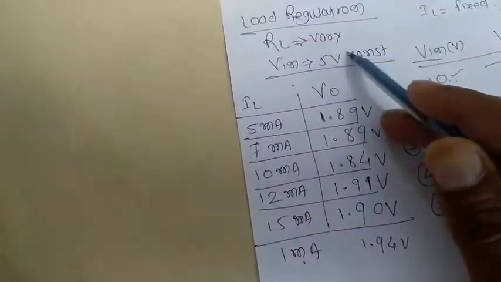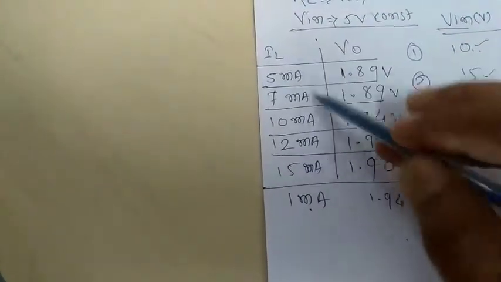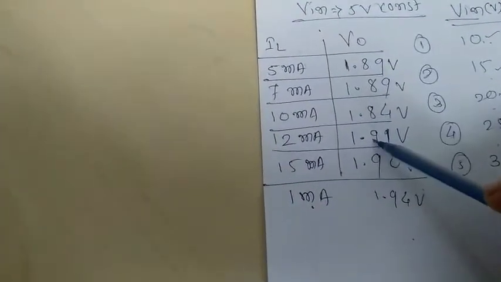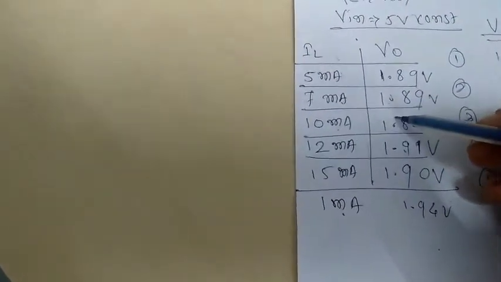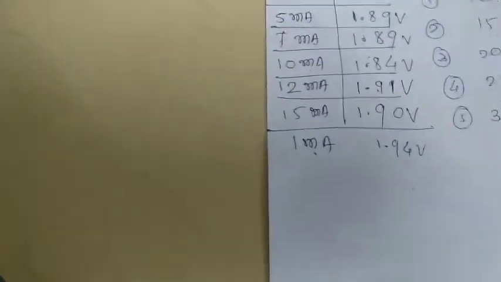So if you observe the observation table for load regulation, we are varying the load and keeping Vin constant at 5.1 or 5 volt, and we are taking these readings. Similarly here also we can find the load regulation. For load regulation we have to take any two points, that is 7 milliampere and 10 milliampere. We have to find the difference between these, that is the maximum value to the minimum value. As we find the line regulation, that is del VO by del VI multiplied by 100.